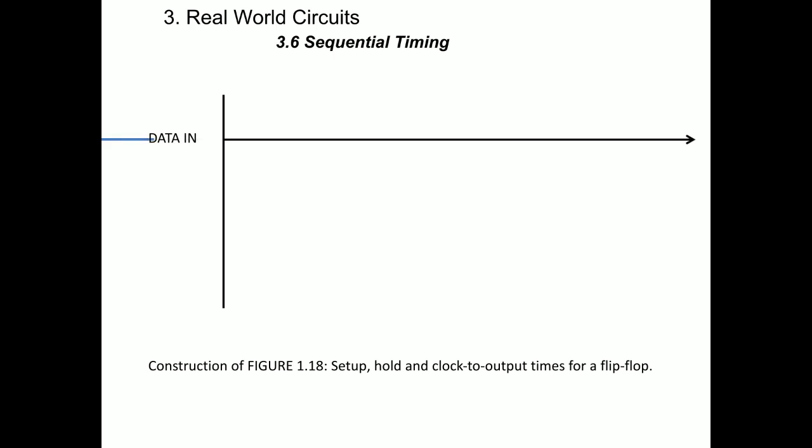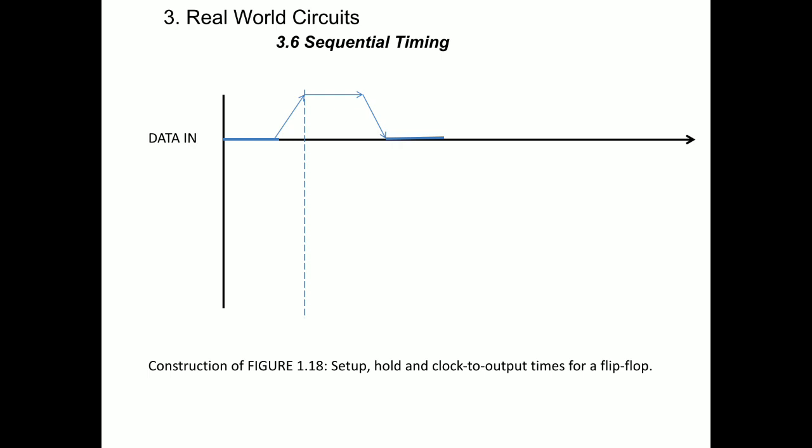We will draw the waveform for the input. Data input: logic 0, then logic 1 staying for some amount of time, again switching to logic 0. This is the data input signal. For some amount of time it is 0, and after that it is 1 for a few moments. You can see that the switching of logic 0 to logic 1 is not straight, it is somewhat slant. This slant is because in real-world circuits there will be some amount of lagging, some delay to settle down, to switch from logic 0 to logic 1 and vice versa.